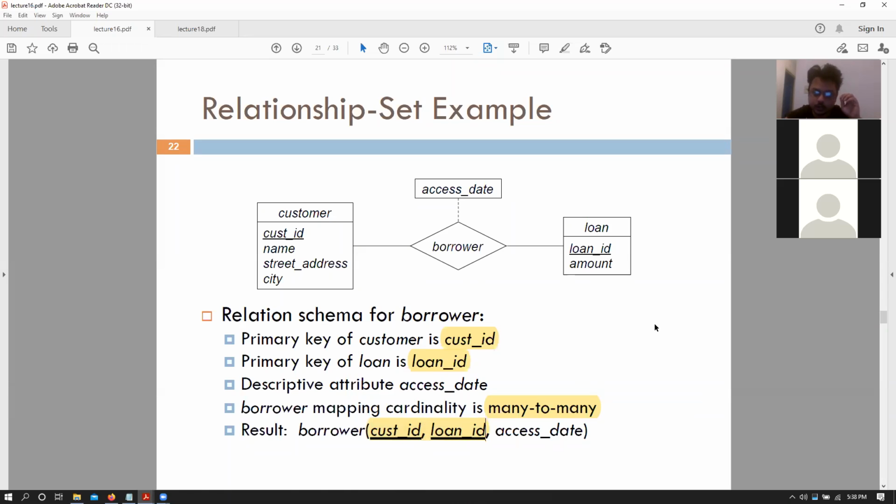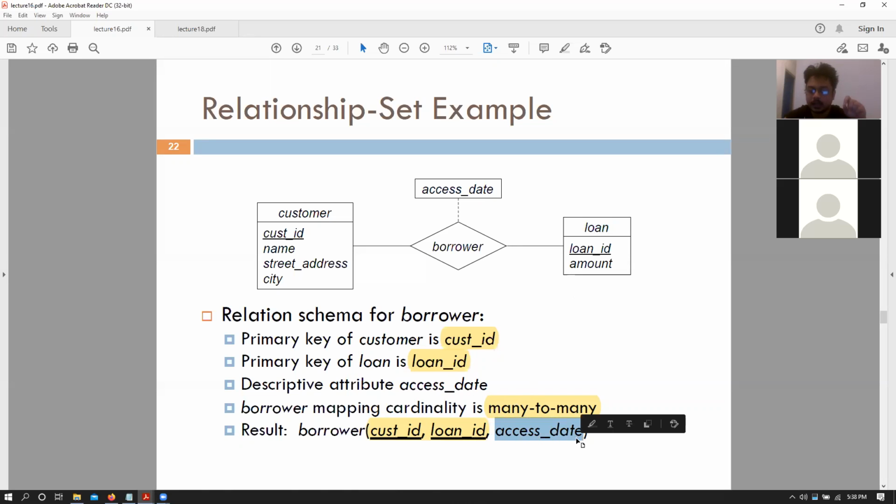And this is quite obvious to us, right? Because the pair together needs to be unique, right? Because that means that customer ID can occur multiple times for a single loan ID. One customer ID can occur multiple times for every loan ID that the customer has, and so on, right? So essentially, if we have a many-to-many relationship where customer ID was the primary key for customer and loan ID was the primary key for loan, then customer ID and loan ID would be the foreign keys and primary keys for the borrower table as well.